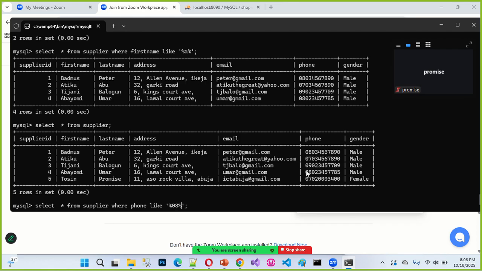This instruction here means what? As long as the phone starts with 08, I don't even need to use that. I just need to say 08.